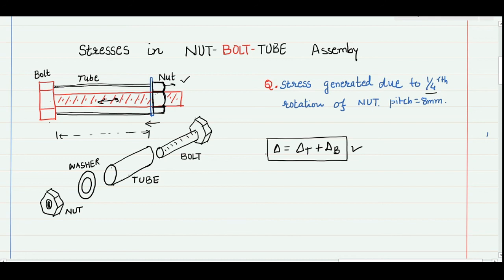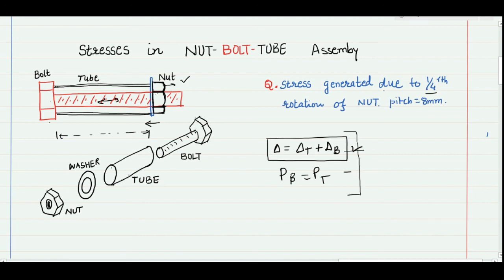Then the force equation. When the system is in static equilibrium, suppose I have given some rotation, extension has happened in both the members. Now the system will have some forces equal and opposite. The tube is applying force P on the nut, so the nut will apply force P on the bolt. So the force in the bolt and the force in the tube will be the same. This is my second equation. This one is from the force and the other is from the deformation. So these two equations are important here to find the required unknowns.